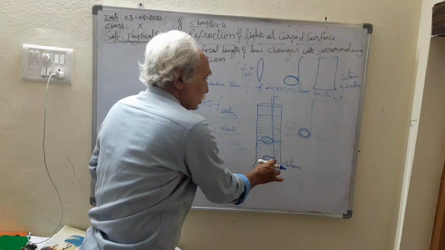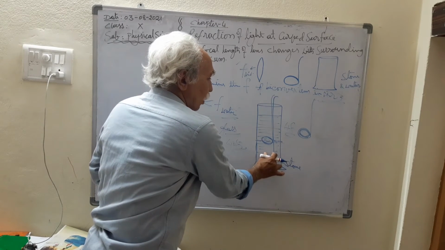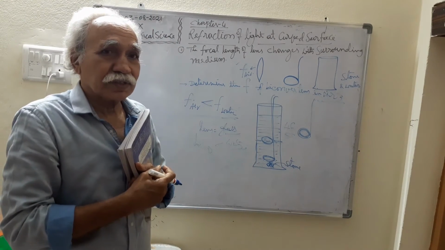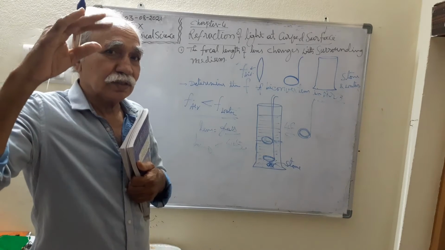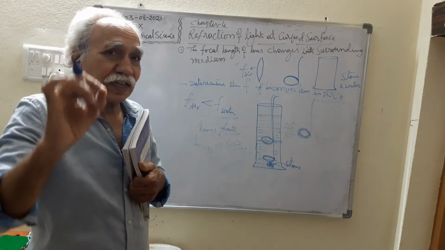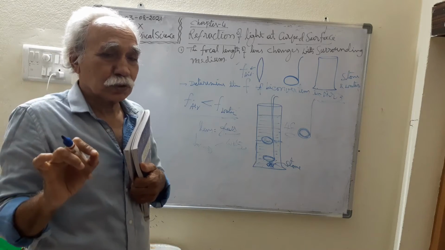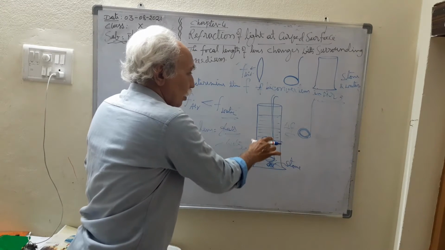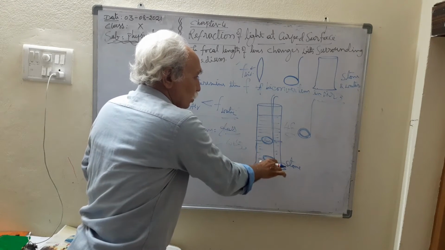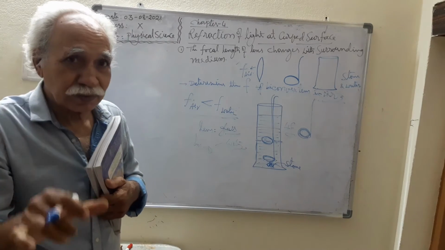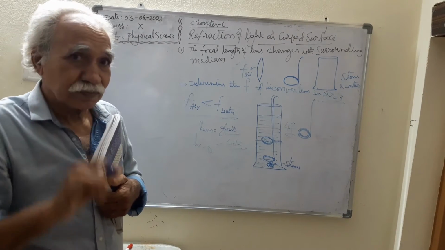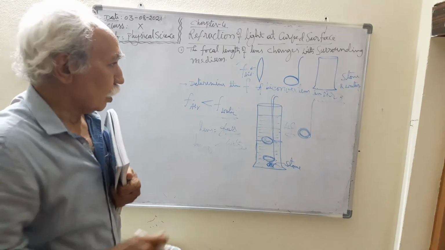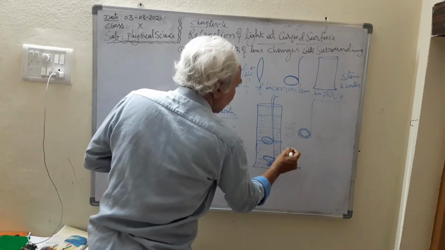Now, slowly move this lens in an upward direction. As we move upward, the image of this stone gradually changes, and at a point the stone appears as a bright image. At that height, the length from the stone to the lens is called the focal length, and that is the focal length in water.